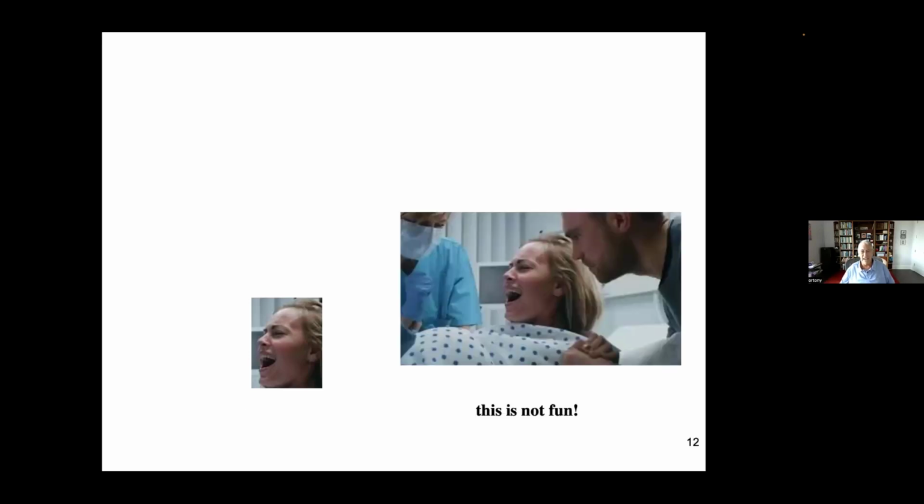And actually she's in agony, and it's important to understand that even here one needs more context. I mean, has she just given birth and she's delighted to hear that it's a boy or a girl, or is she in the process and she's in agony? So the face alone is actually not really very diagnostic. Not to mention the fact that we have actors who are very good at expressing emotions when they don't actually feel them.